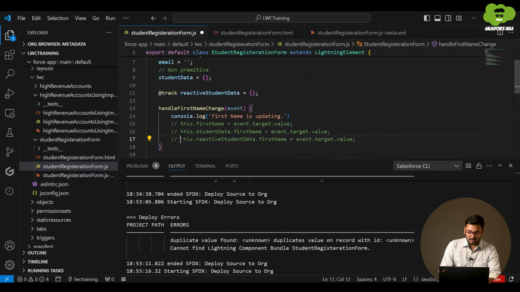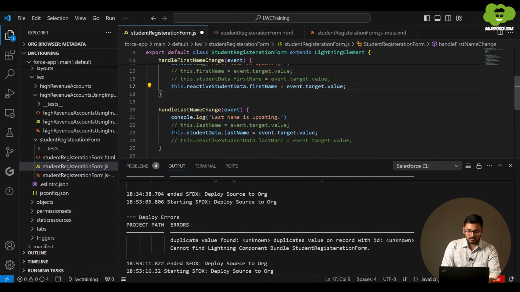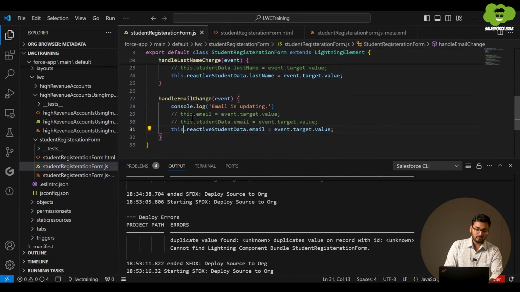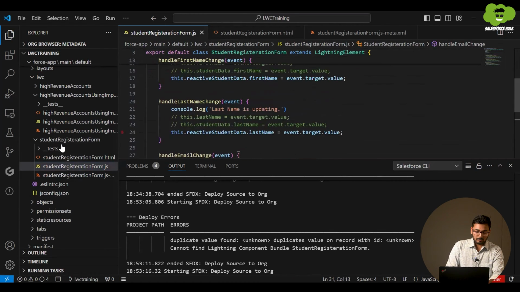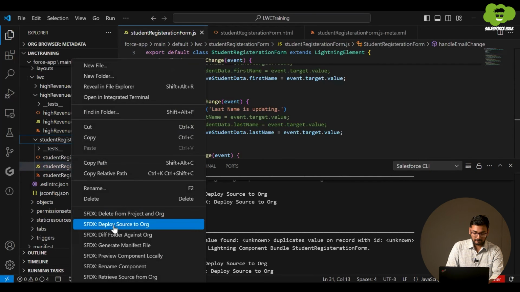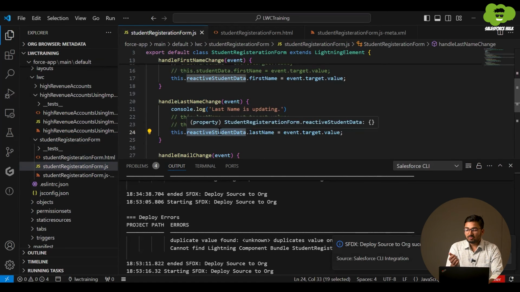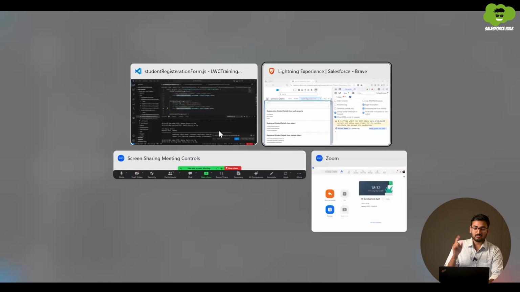I'll comment this, I'll uncomment the third line of each of the methods. Yeah, so now I'll deploy the code again. You can see it's the same as the above line, right? It's exactly the same. But this time the only difference is I have used @track. So let's observe if it works or not.